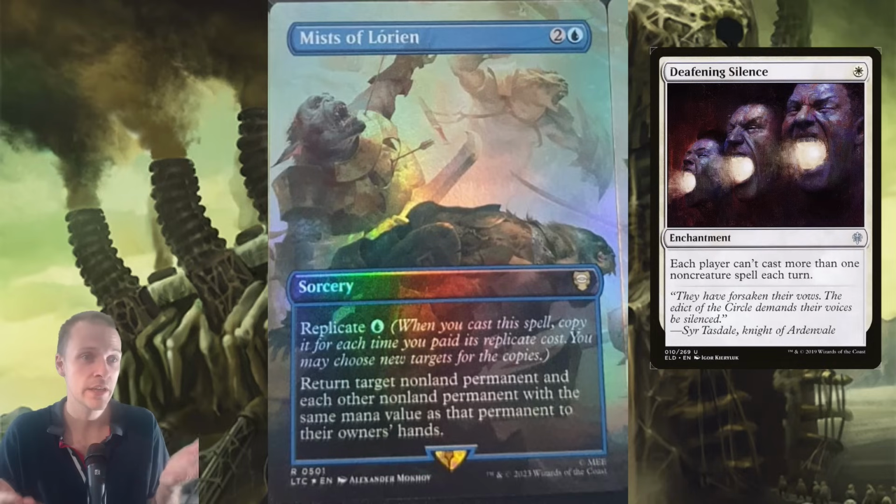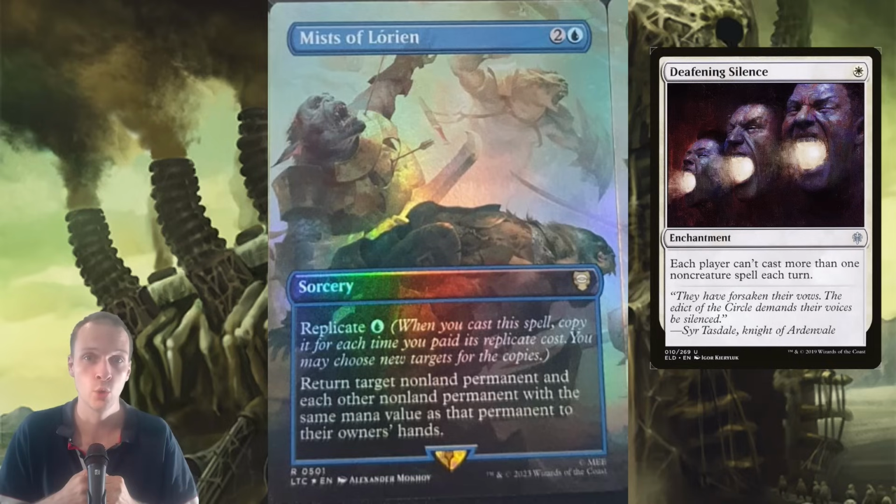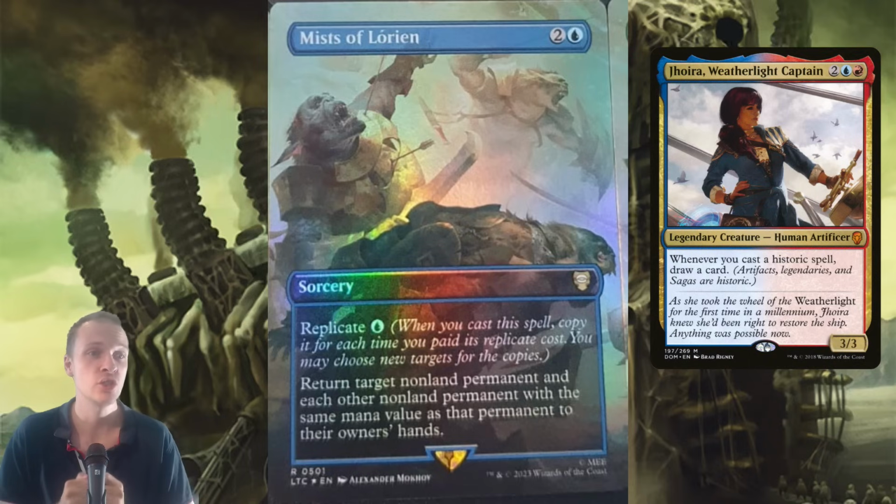So bouncing an annoying Deafening Silence that is preventing you from winning the game will also at the same time bounce your own Sol Ring. A typical commander that could be really happy with this one is Yoyra Weatherlight Captain. There are actually other versions of this,